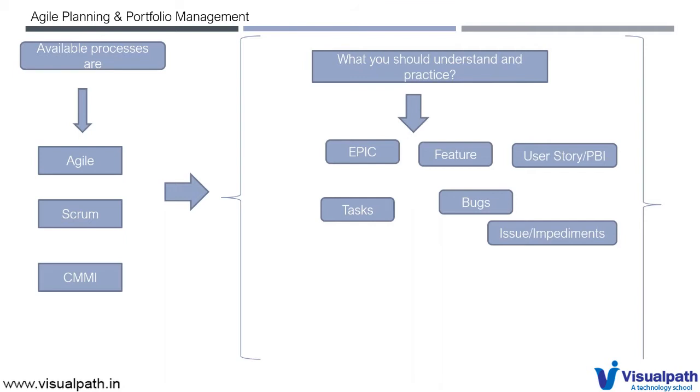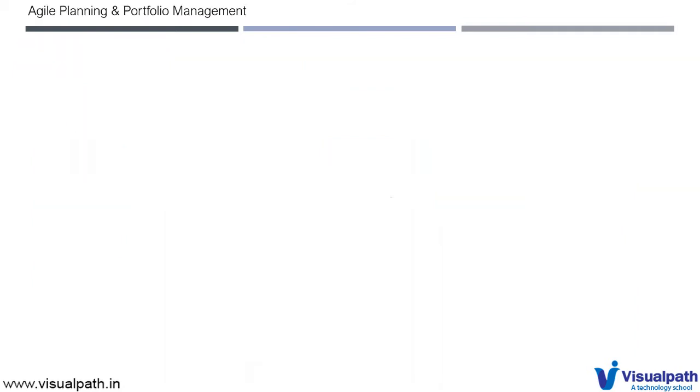Task is the place where developers or testers or any other person can go ahead and pick it up and implement the code for that task. On top of that, you have user story and then feature and epic. So we will see that relationship, and bugs will come into the picture once the testers start testing the application. We will be creating all these samples in our sessions, and then we can move on to the repos.